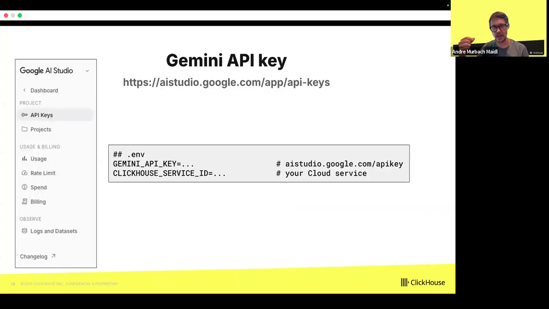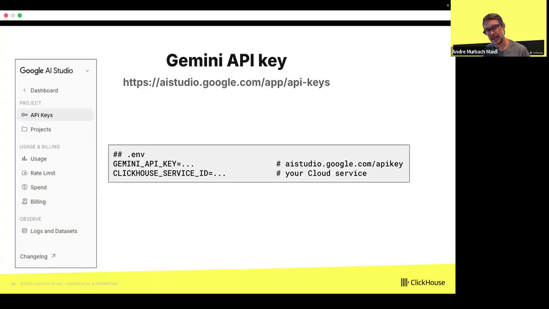What I did before starting building this project, actually the demo that I'm going to show to you, I went to the AI Studio. I created a Gemini key in this link, and then I added this API key to the Gemini API key environment variable in my .env file.